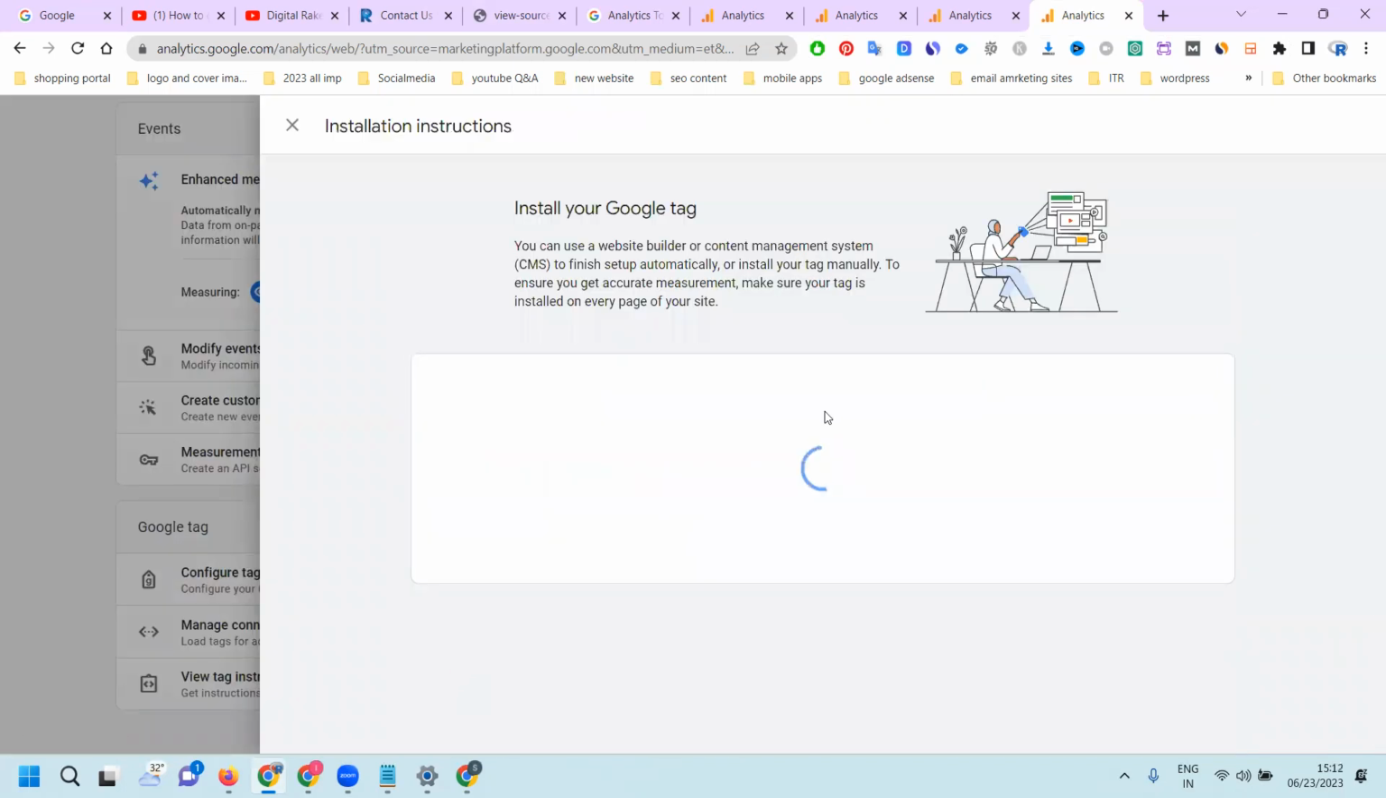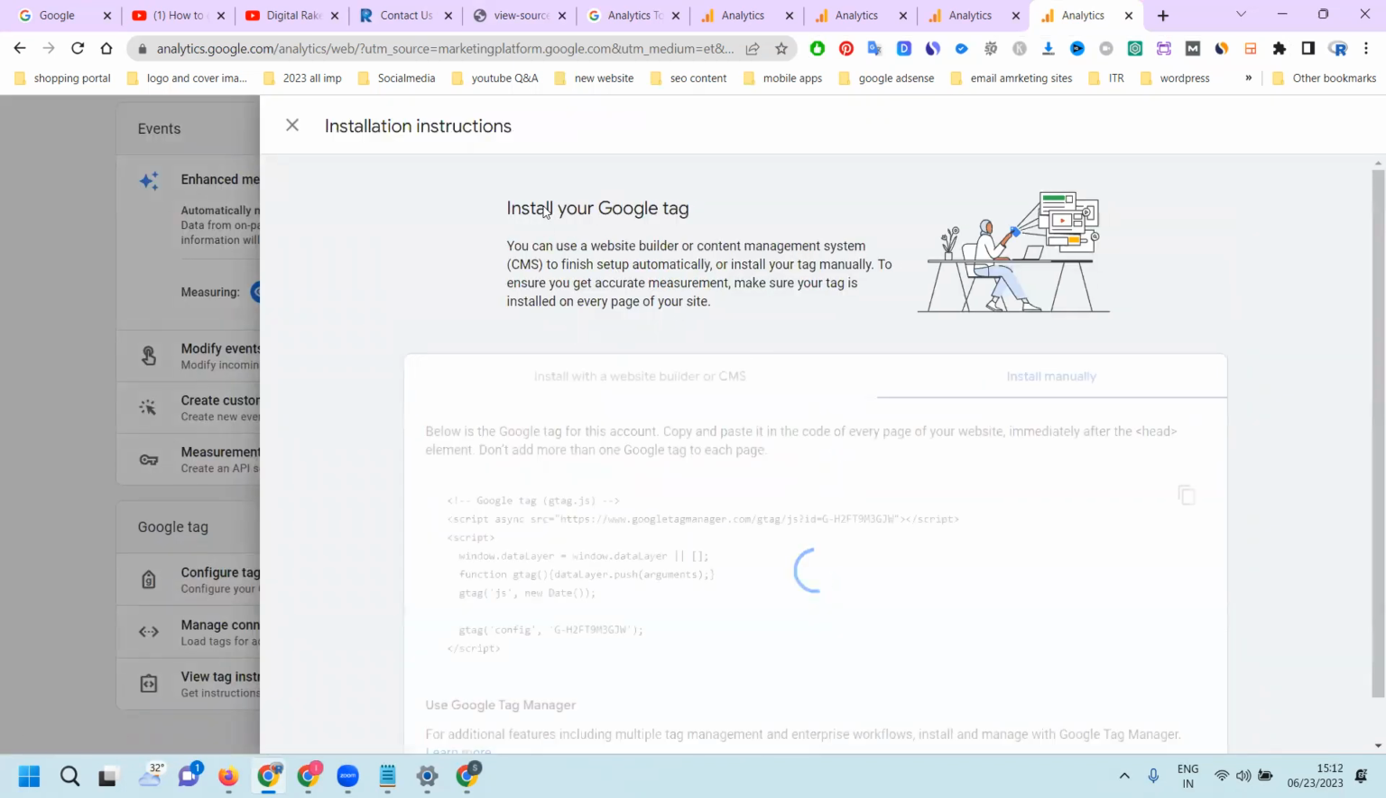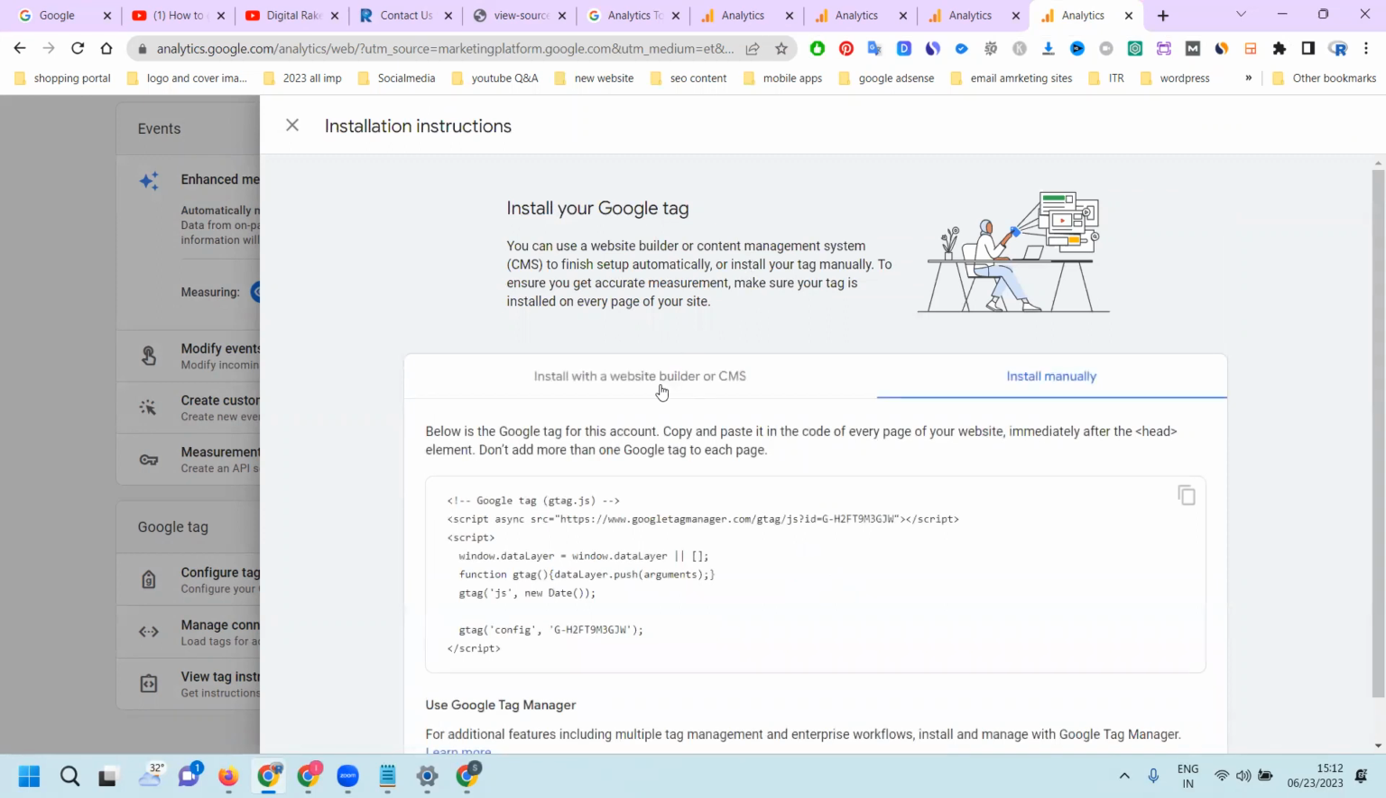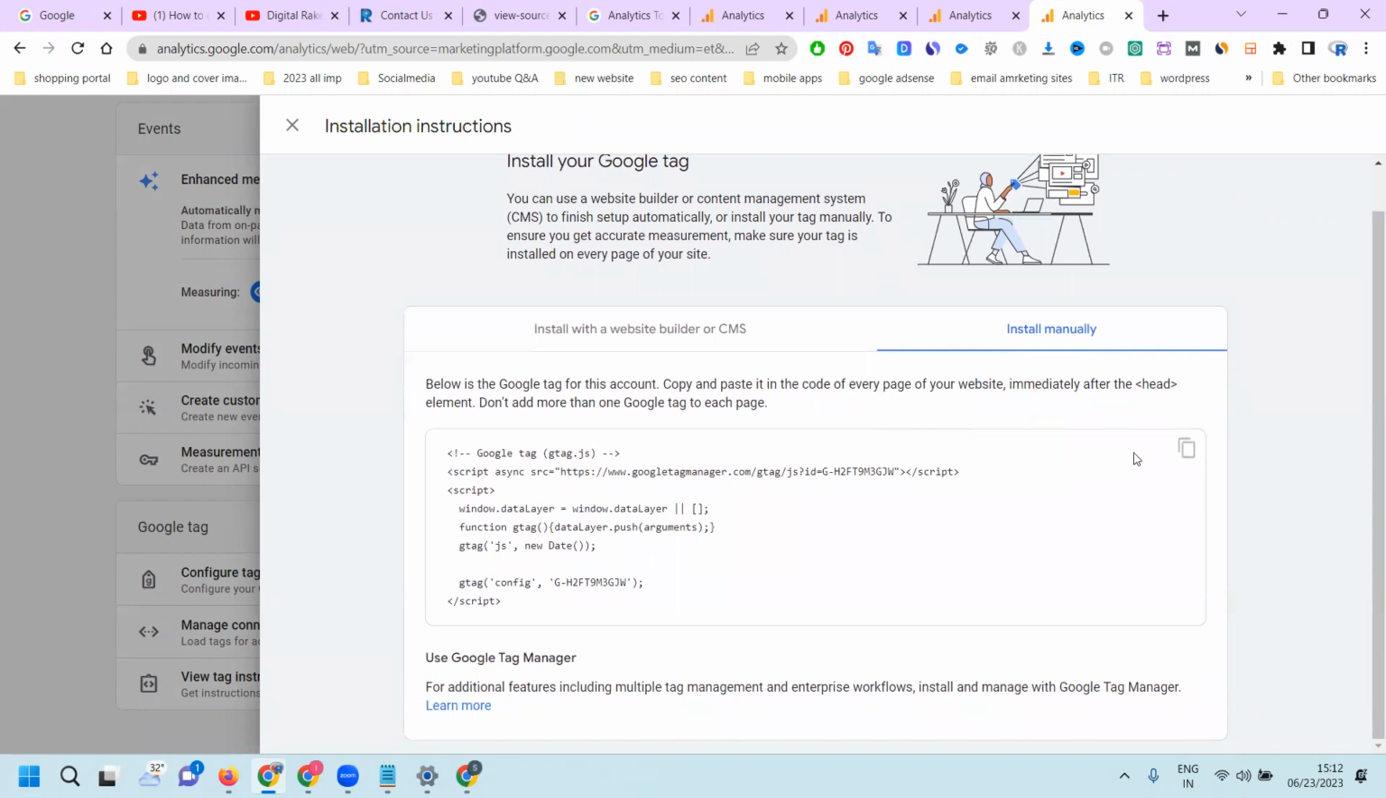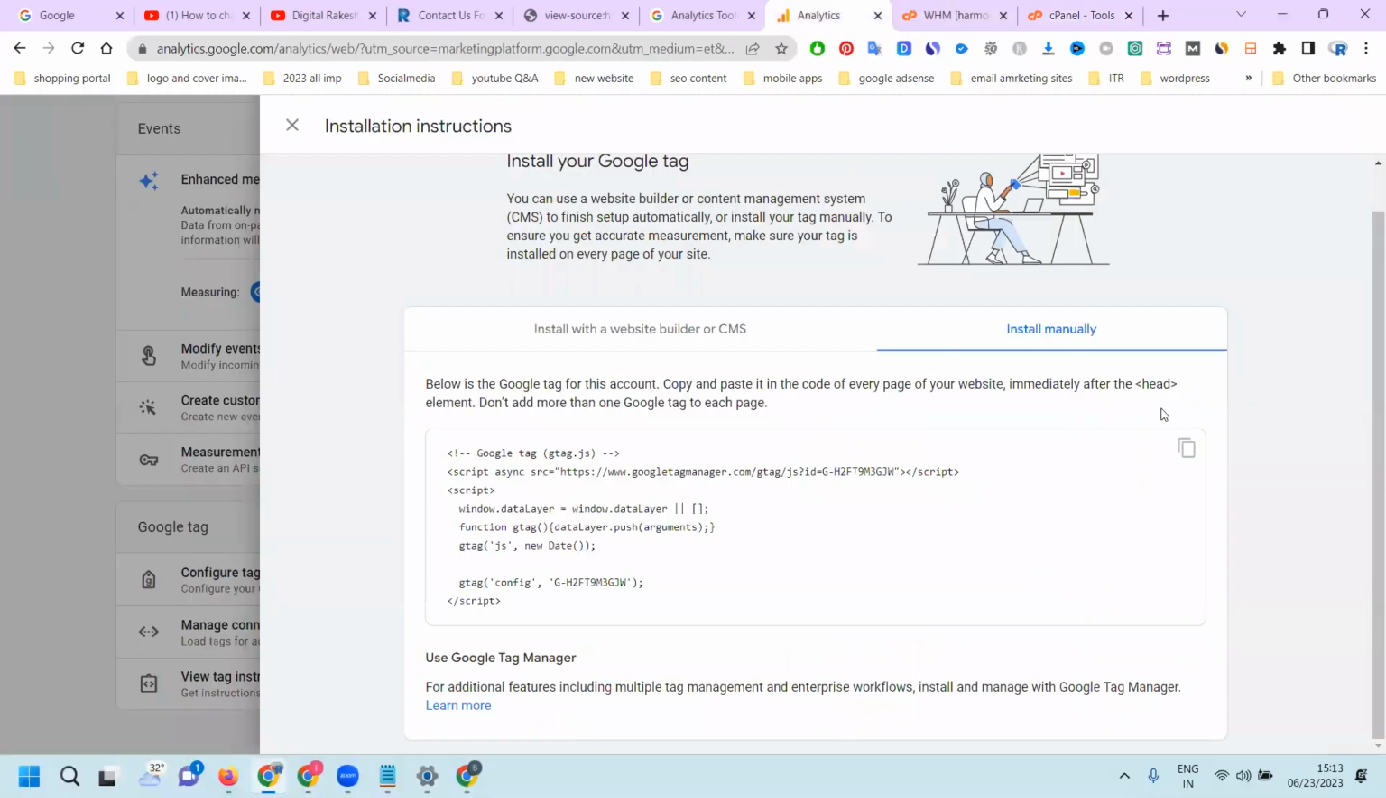View tag instructions. Here, install your Google tag. This is for website builders. This is for manual install. We click for the code, a simple code. This code will be entered in the header part of your particular website. So we log in to your website cPanel. I'm just logging into cPanel here. Wait for a second. The code you have copied here,